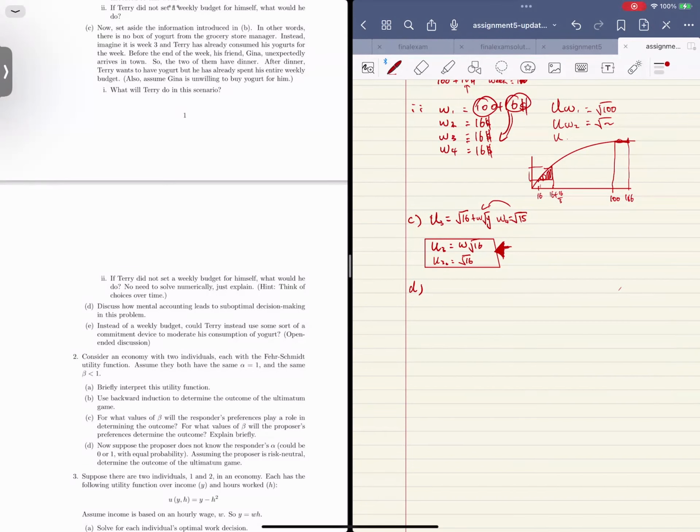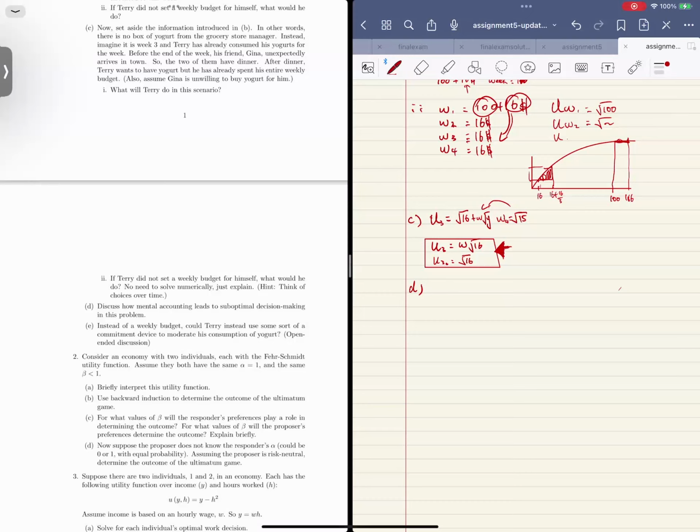And E, instead of a weekly budget, could Terry instead use some sort of commitment device to moderate his consumption of yogurt? Okay. So this is more of an open-ended question. It's about commitment device. It's about how Terry can sort of improve his, I guess,